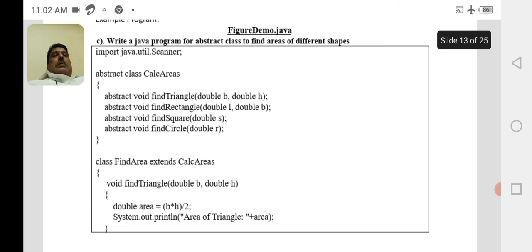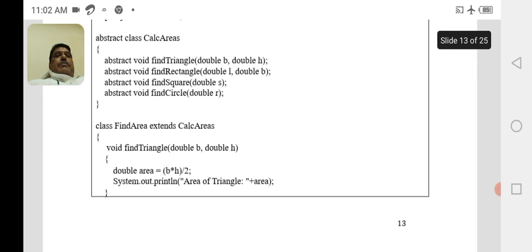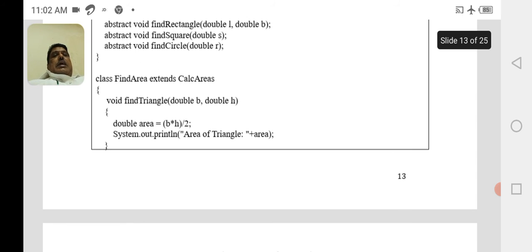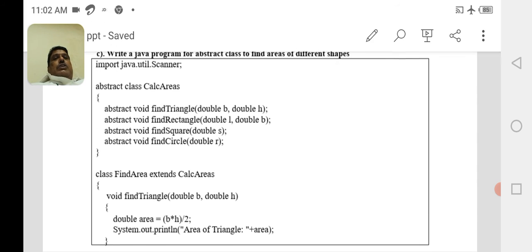Here is a program which describes abstract class and abstract methods. Abstract class CalculateAreas is the superclass. Class FindArea extends CalculateAreas; FindArea is the subclass. In the subclass we have the method functionalities which are declared in the superclass.